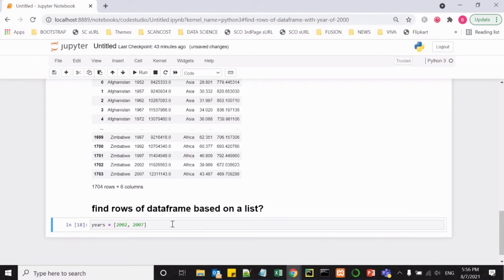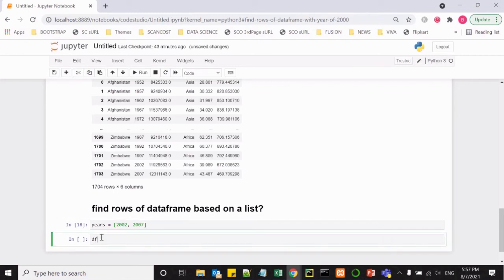To apply a filter on a list, we have a function in pandas called isin. Using the isin function, we can apply a filter on a range or a list of values. Now let us see how to apply the filter condition using the isin method. df, here, and the method is isin.